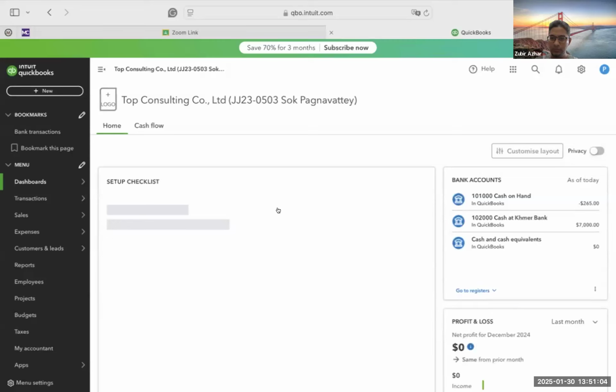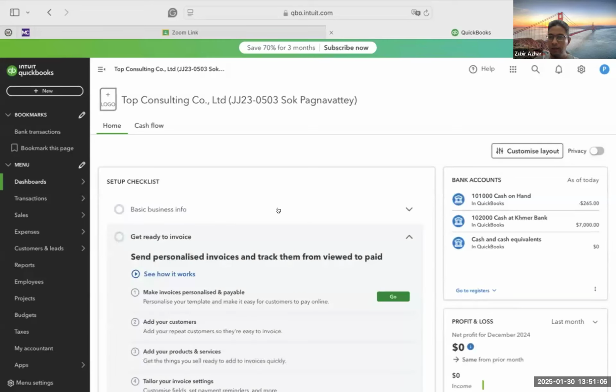But I think something is not right with how you recorded your expense. Seems like your cash on hand is negative 265, which is not supposed to be the case. And you still have your cash at Bank intact. Can we go to your reports on the left navigation bar?